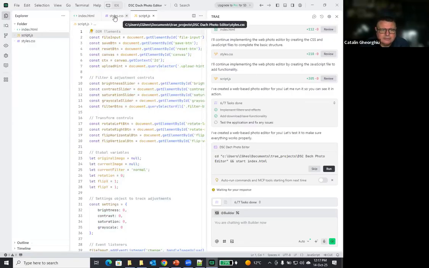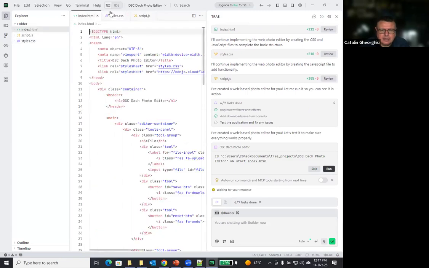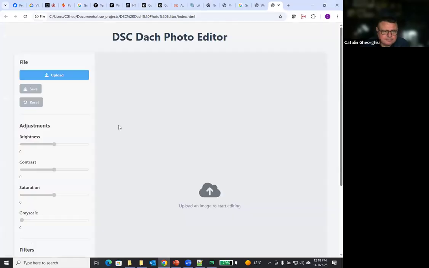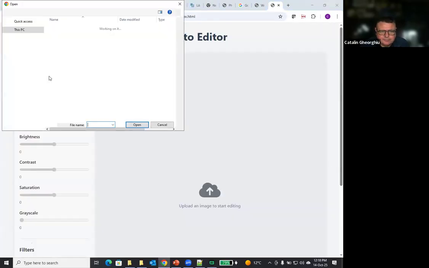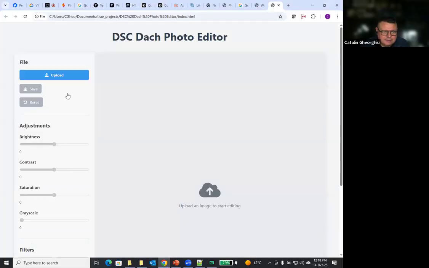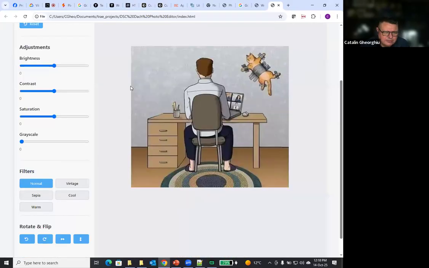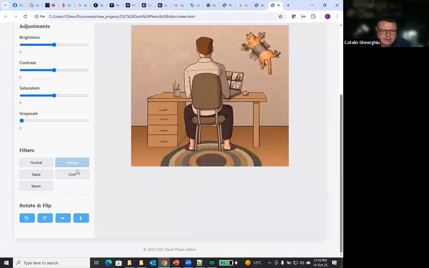So let's see. Yes, we have it here, and copy this because we will want to have it later. And most probably after this session, you wouldn't want to see another photo editor in your life.